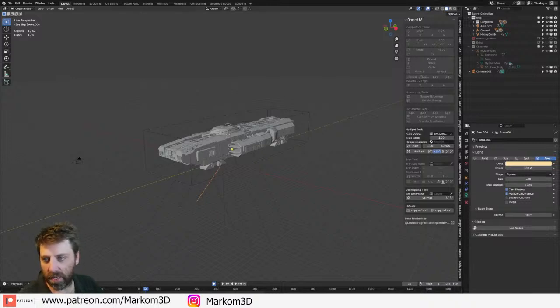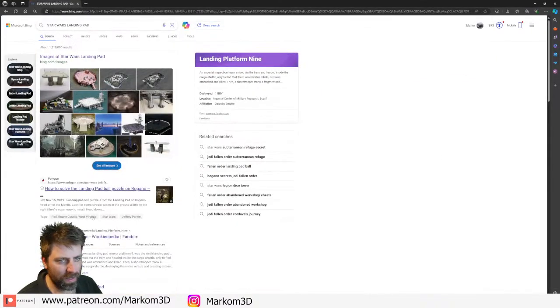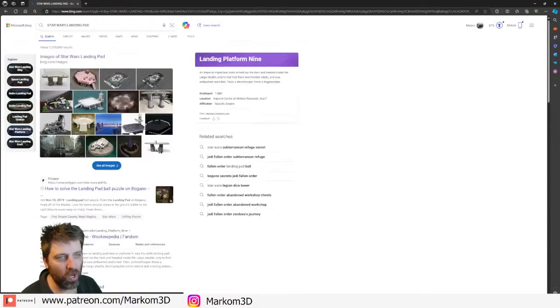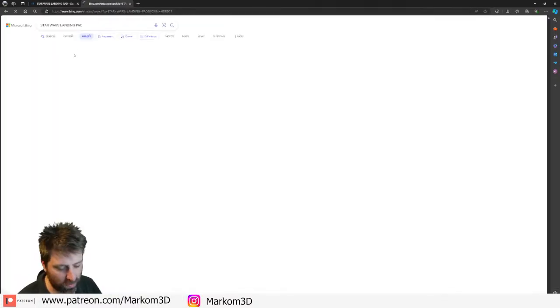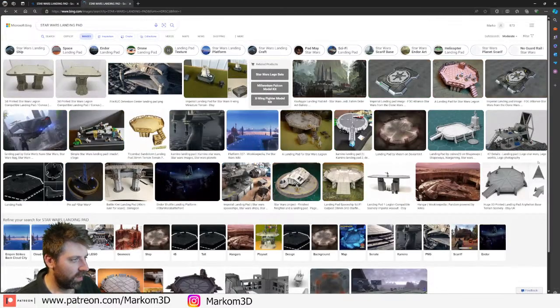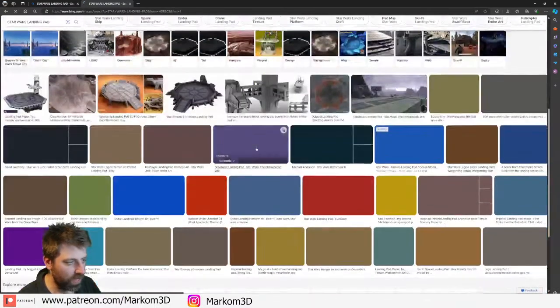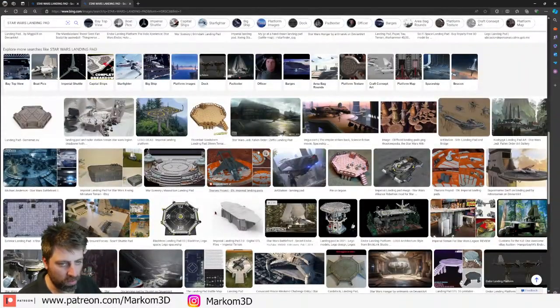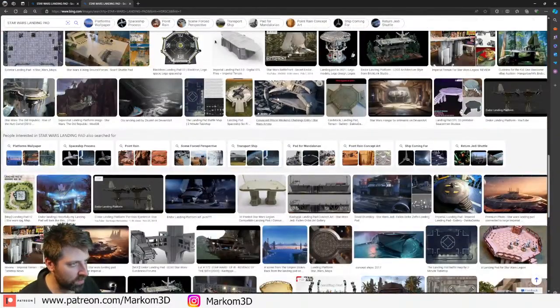The image that I'm thinking about is this one. I'm trying to use Bing, and I am not enjoying it in the slightest. I know the picture that I'm trying to find. It's the Coruscant one. Is it Coruscant?